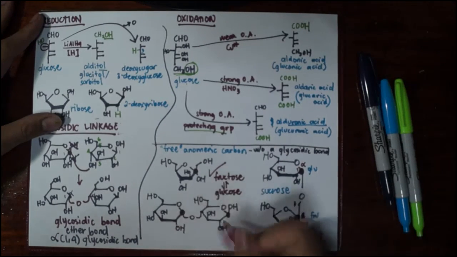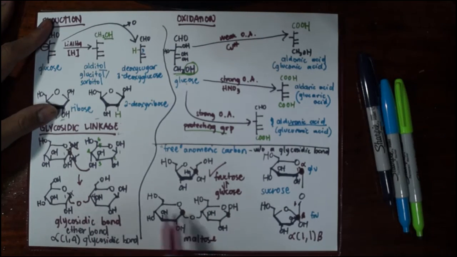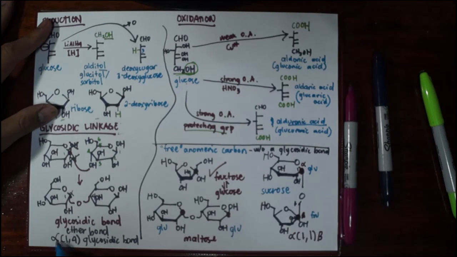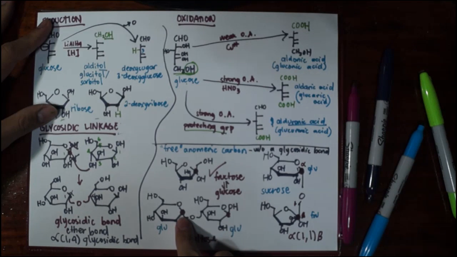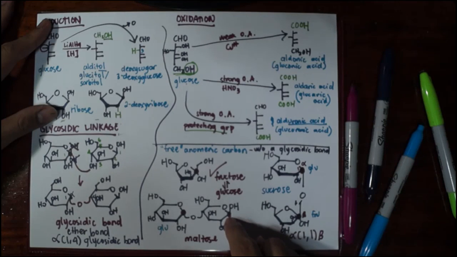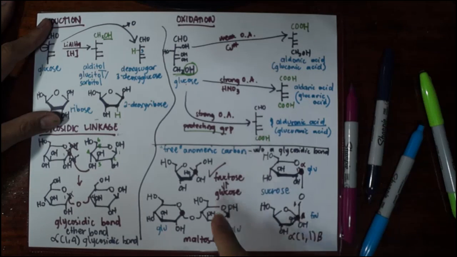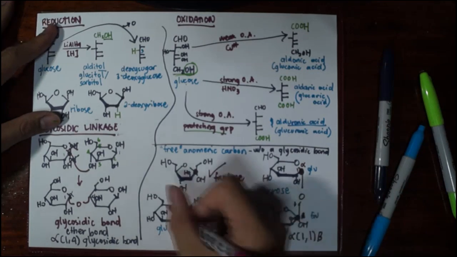In this case, we have a disaccharide. The name of this one is maltose. This is actually the same carbohydrate as this one. It is the product of two glucose units in an alpha-1,4 glycosidic bond, just as we have seen here. And here, the anomeric carbon is subjected to a glycosidic bond, so this is not free. This one is not free. But if we look at this one, the anomeric carbon at this particular glucose molecule is free. And as long as you have at least one free anomeric carbon in that carbohydrate, for sure it is oxidizing. That's why maltose, even though it is a disaccharide, even though it is composed of two glucose